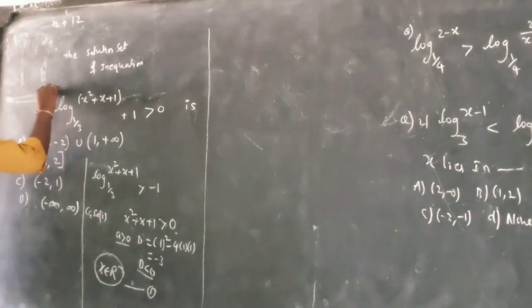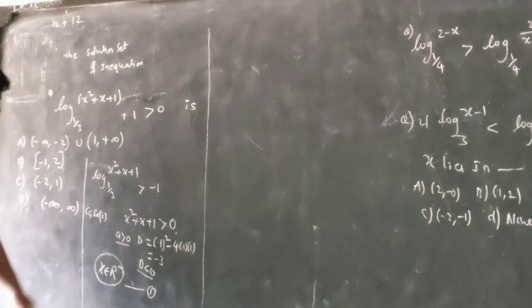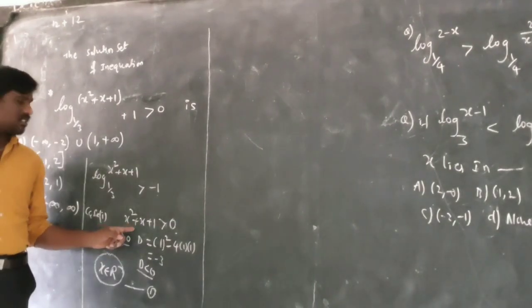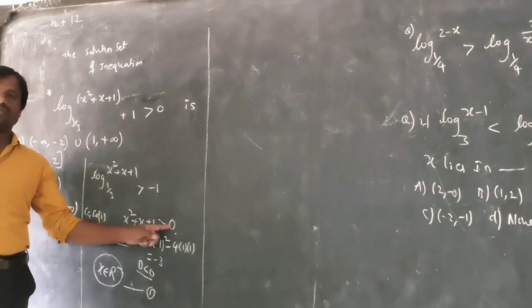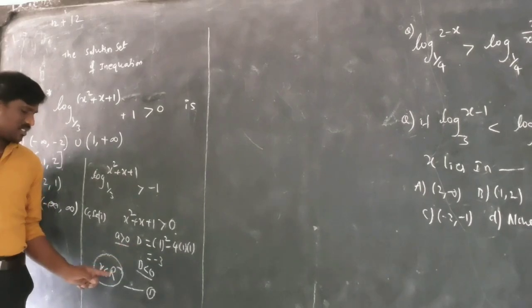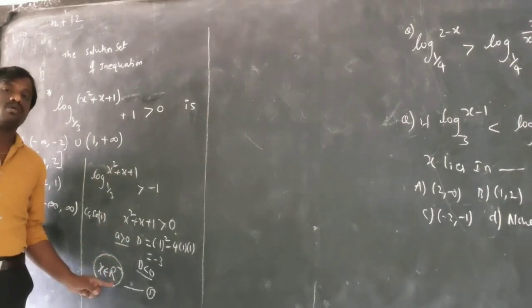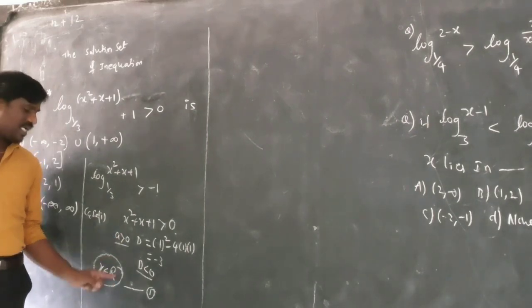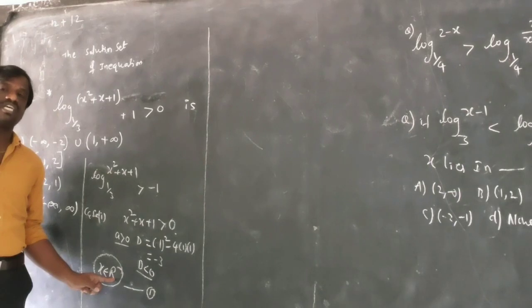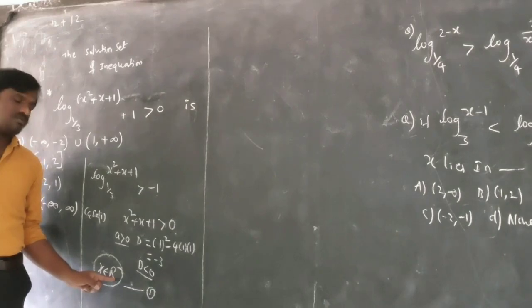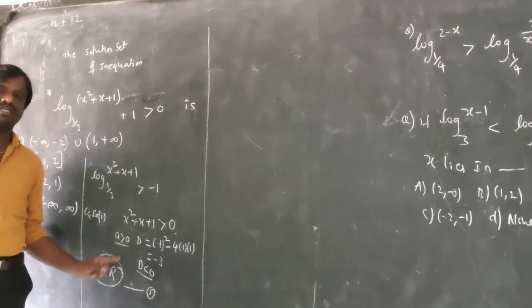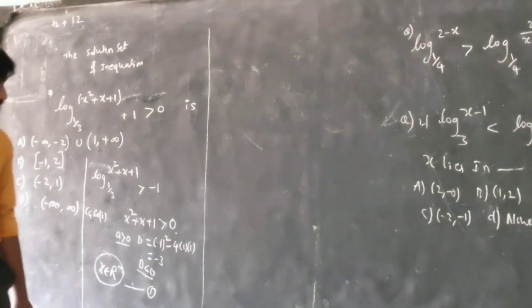This is a most important question. I just say here, this is most important: x square plus x plus 1 is greater than 0. What is the solution for this? x belongs to R. This kind of problem I had explained in the baby curve method, and I showed it graphically. After that I explained these problems. You can check the video. If you are not understanding, let me know, I will forward that video. Watch that video, then you will understand this point.